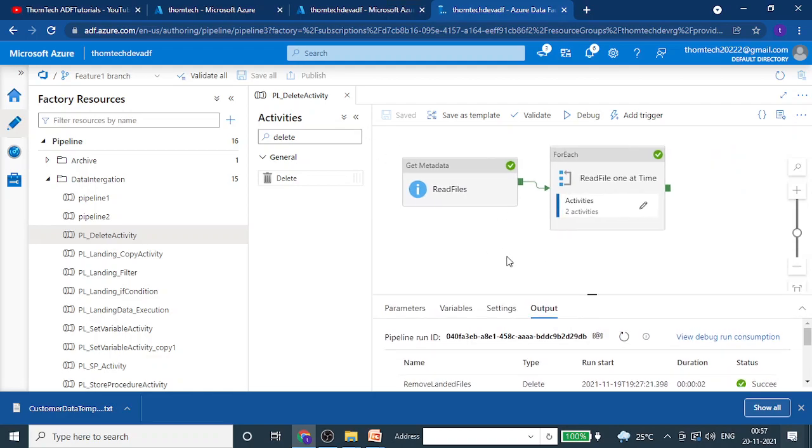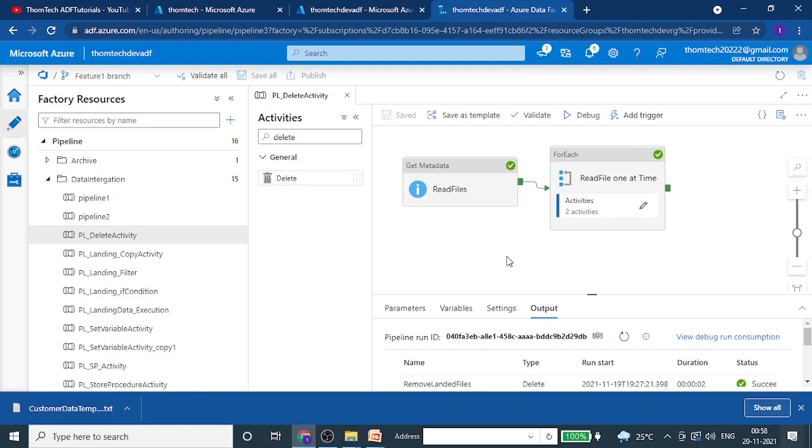And one more piece of information I want to give, on why we are using this delete activity. With the copy activity, if we are trying to copy something from a source to a destination, we do not have an option to delete it. So we have this delete activity which will help us to do it. But in case we are using a data flow, which is one of the transform data options that we can use to perform our transformations from source to destination, that is moving the data from source to destination as well, along with the transformation.